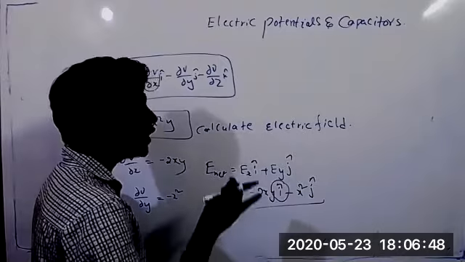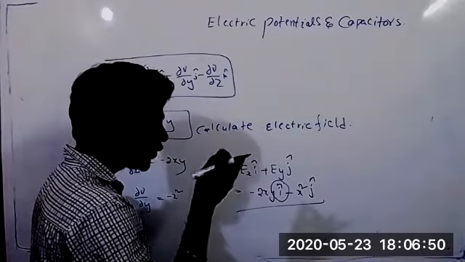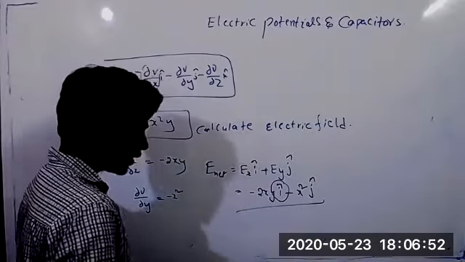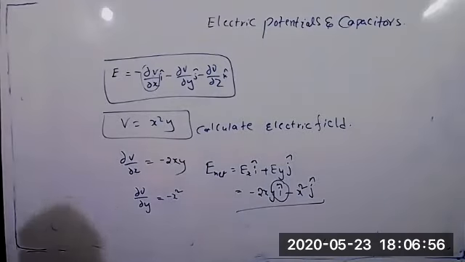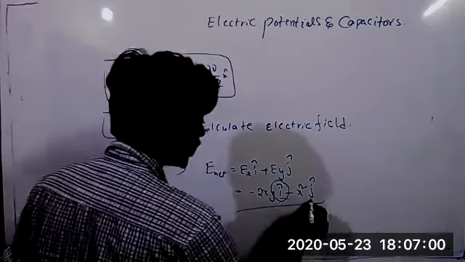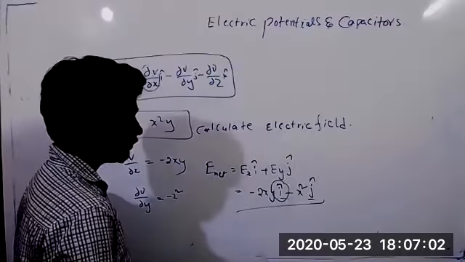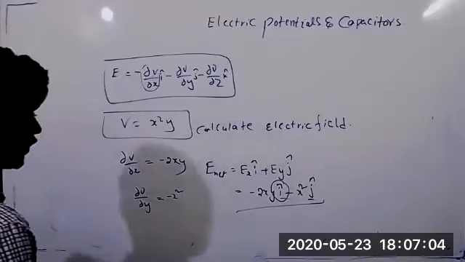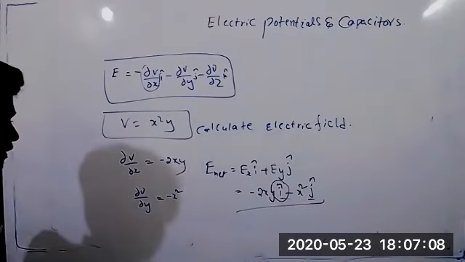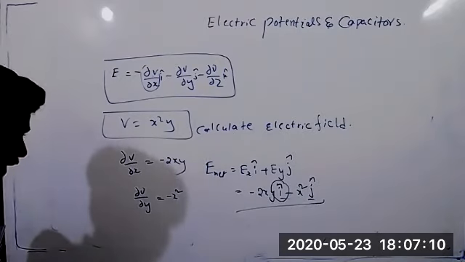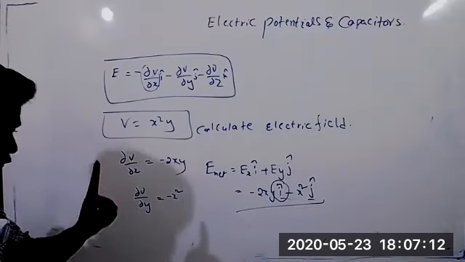No, it is along the x-axis. It is a unit vector. Do you know what a unit vector is? In the first year we learned it. Can anybody say what a unit vector is? Why do we have to use this unit vector? To show the direction. So what is a unit vector? A unit vector means its magnitude is equal to 1.